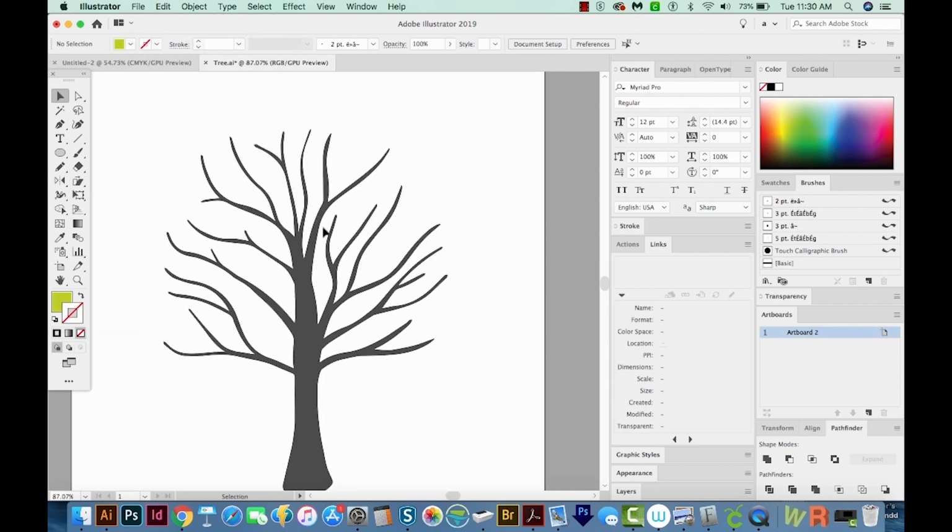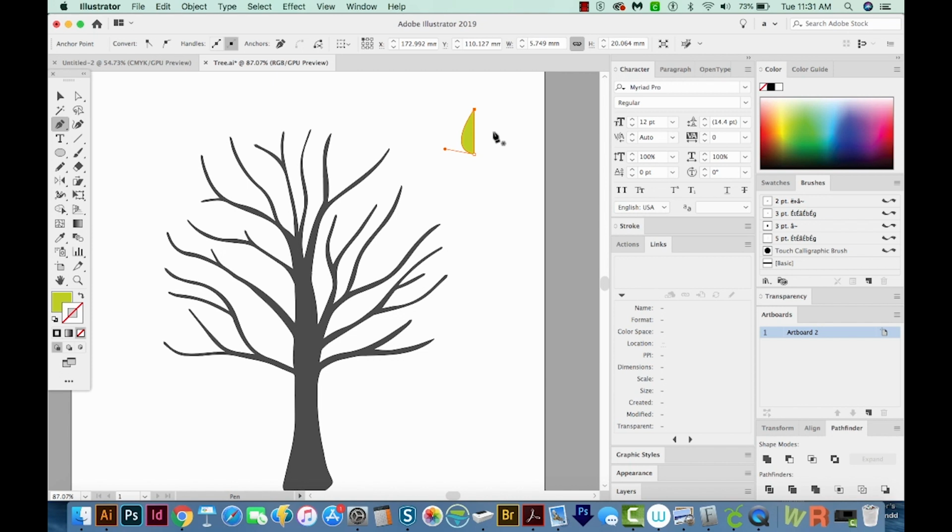My end goal here is to make a lot of different leaves on this tree, and then later we'll change them all to something else. So first I need to draw my leaf. I'll hit P on my keyboard, which will take me to my pen tool over here. I'm going to click, and then I'm going to come down here and just click and drag. I want the leaf to be a little wider across the bottom. So that looks about right. I'll let off, and then I'll click on that last point